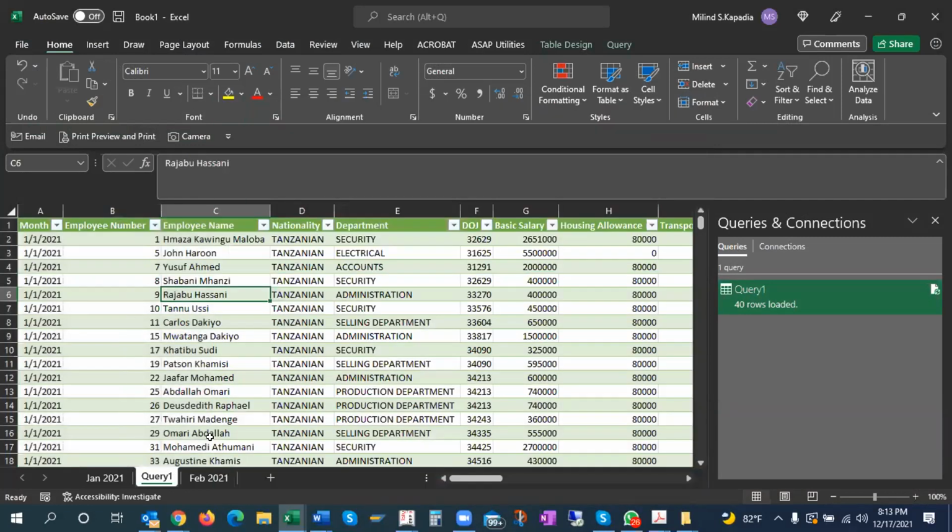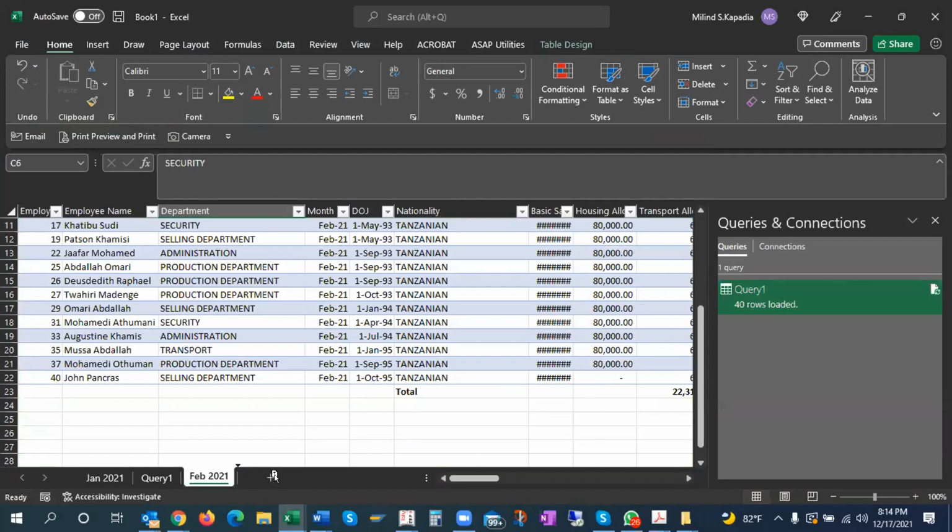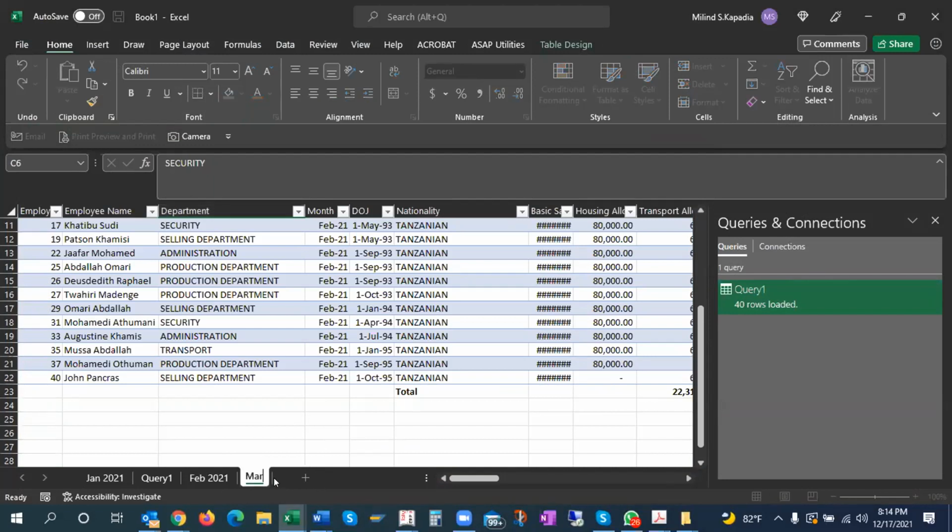Now the beautiful thing about this is that I'm generating March data. So I'm just copying this data and I'm making it March 2021.